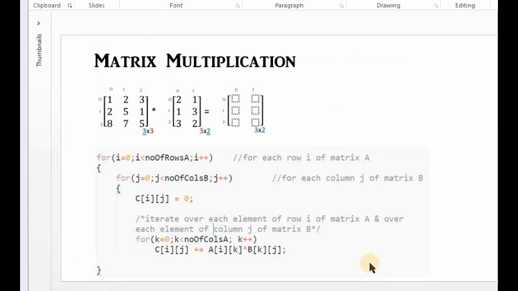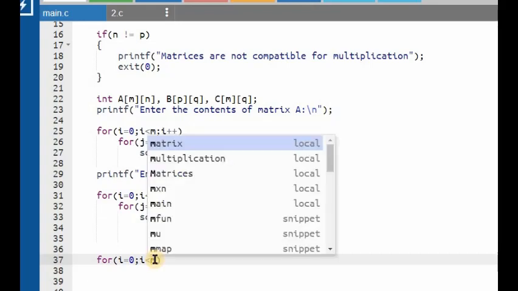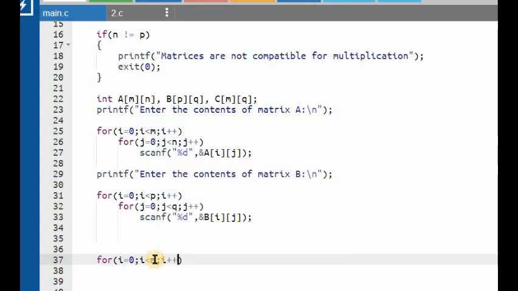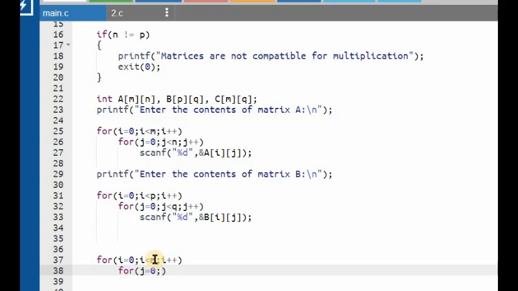In the last video, we have already seen how we can make use of nested for loops to compute the multiplication of two matrices. We are going to implement this logic in our program now. So in the first for loop, for i equals to 0, i less than number of rows of A, that is m, i plus plus. And then I have the second for loop, that is the j loop. j is for iterating over columns of B. The number of columns of B is q.